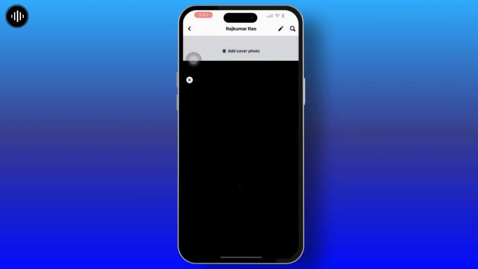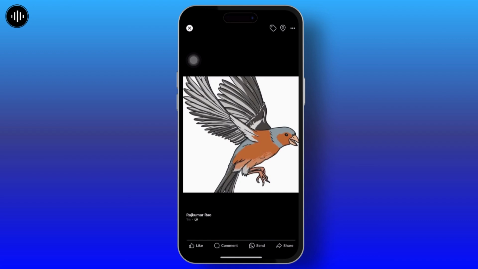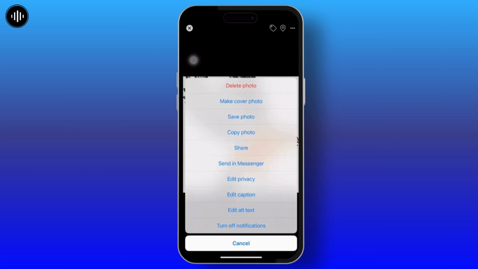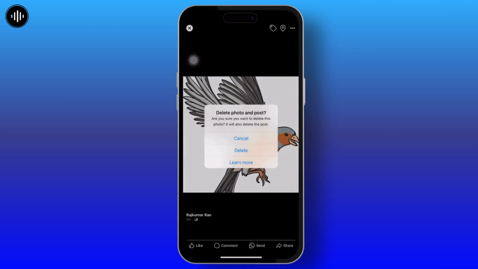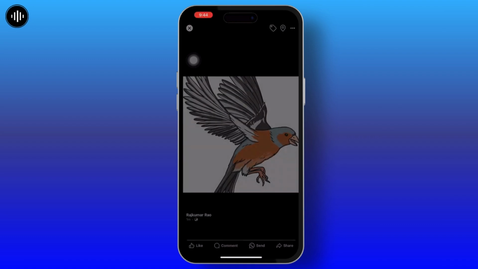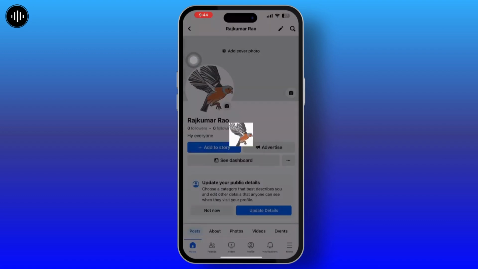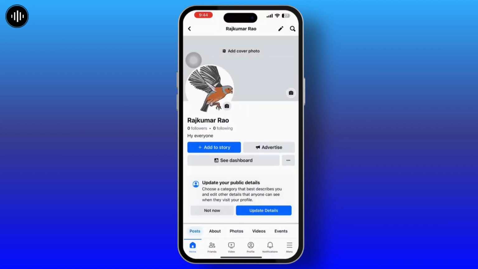You can see the view profile picture option available there. Tap on it, then tap on the three dot option available, then simply delete your profile picture. After you delete it, you can see there is a blank image option available, or if you don't see that,